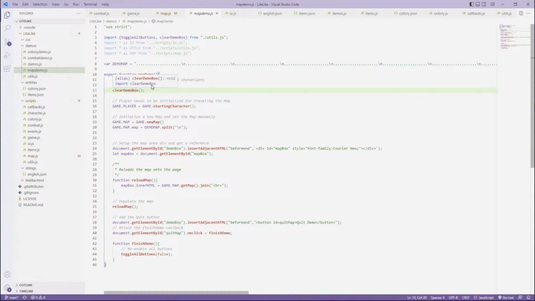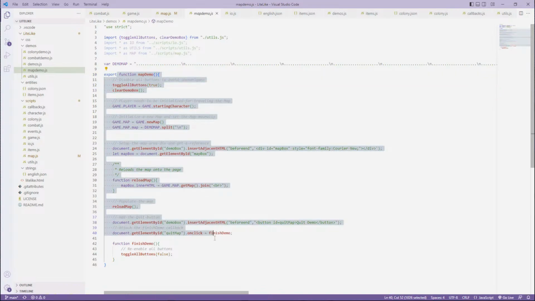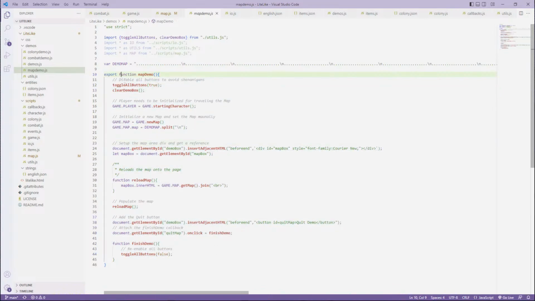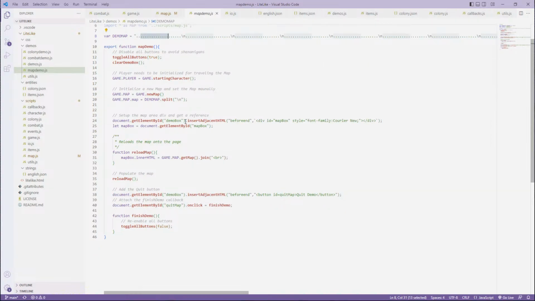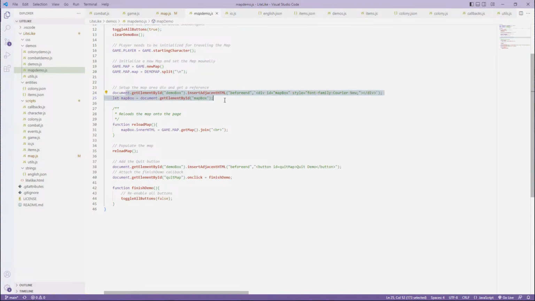I did go ahead and set up the basic display. So obviously this all is exactly the same as every other demo. We just disable the stuff, clear out the demo box, and then make a new character, make a new map. And then here we take this string and split it into an array. That's how I'm, for the time being, handling the map. I'm splitting into arrays of strings. And when we get back over to map, we'll go ahead and look at what that looks like in code. And then here is, for right now, just a div. I just have a div and I'm just setting, as you can see right here, the text to be the